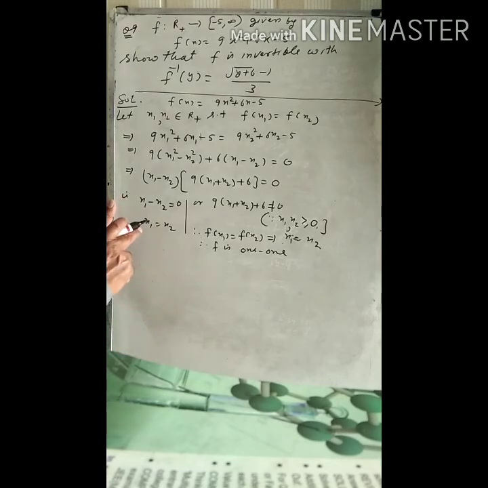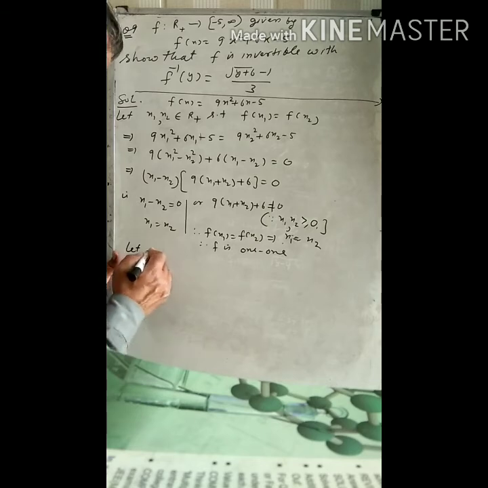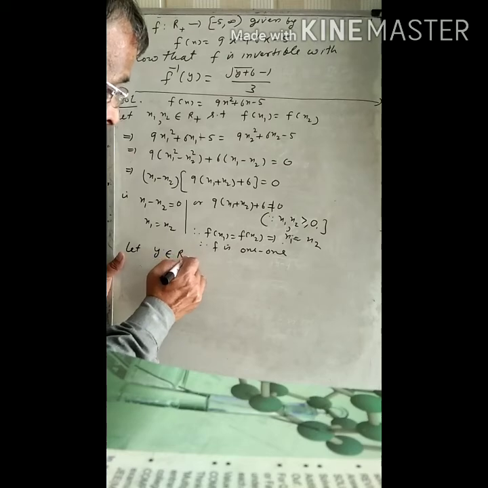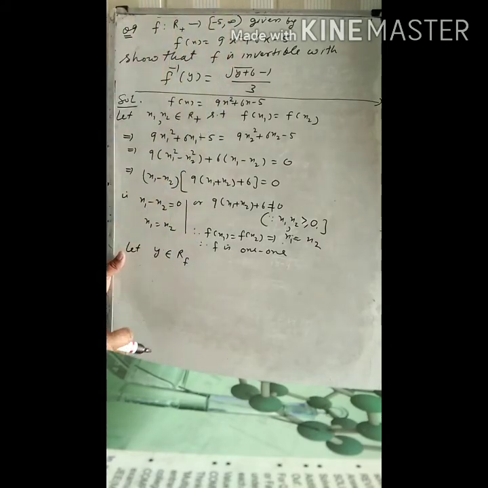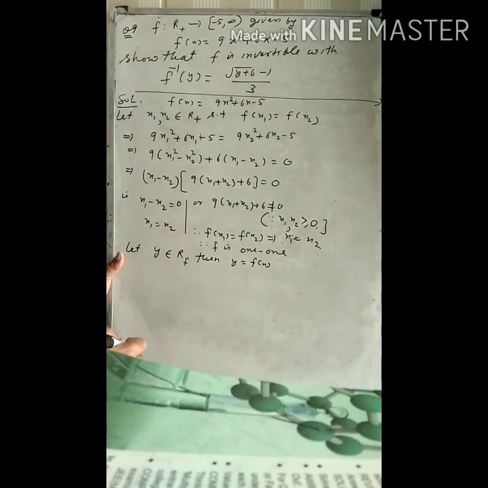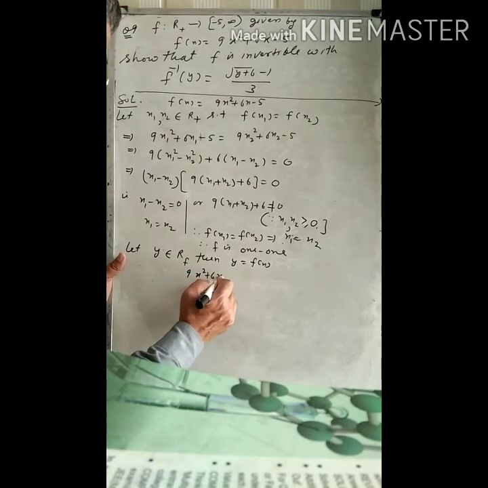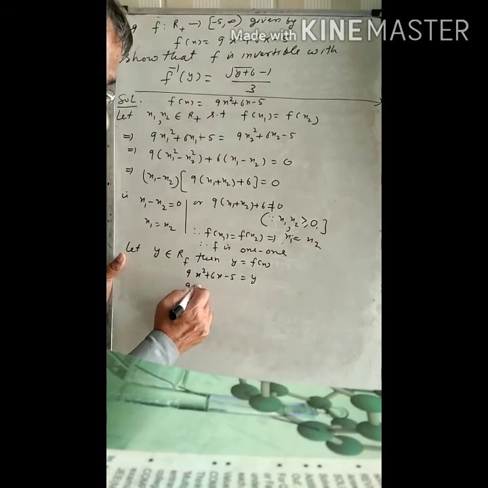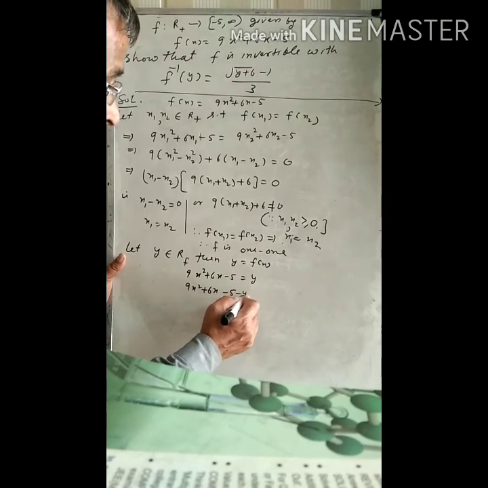देखिए अब हमारा फंक्शन 1-1 हो गया। 1-1 के बाद हम ऑन टू पर चलते हैं, और सबसे पहले लेट y बिलोंग टू R of f, मतलब -5 टू नॉट डिफाइंड, देन y is equal to f(x), x belong to R पॉजिटिव, तो 9x स्क्वायर प्लस 6x माइनस 5 इज इक्वल टू y, 9x स्क्वायर प्लस 6x माइनस 5 माइनस y इज इक्वल टू 0,